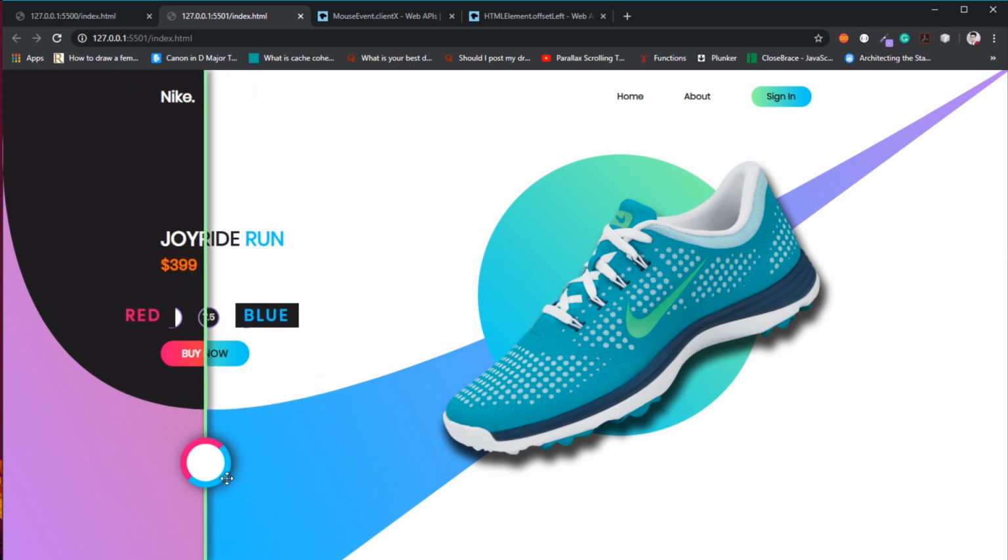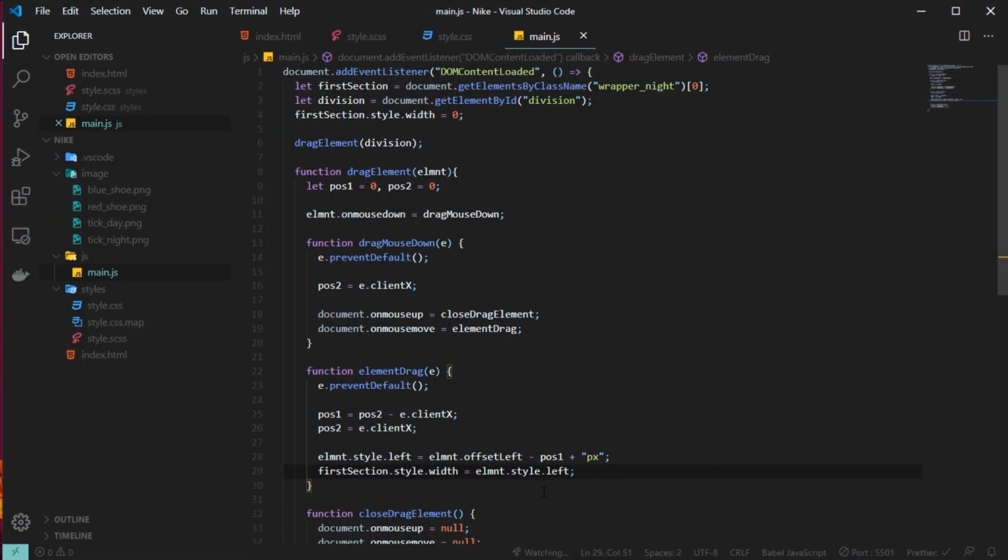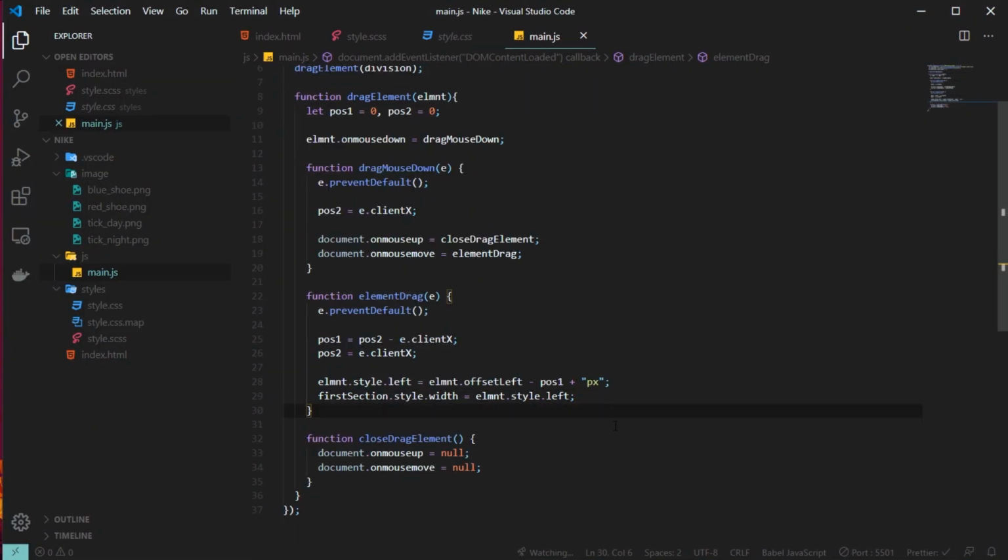Now if you need to see some more details, I will show you that. Let me add some console logs so that you can see the values and how they are getting updated. So we initialize position 2 to e.clientX, and then we set position 1 equal to position 2 minus e.clientX to get the difference.